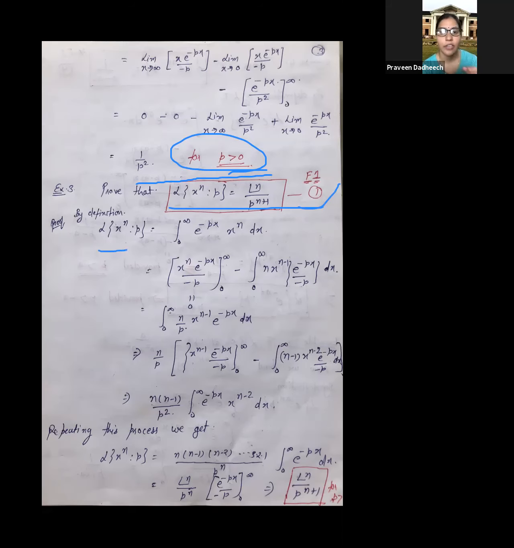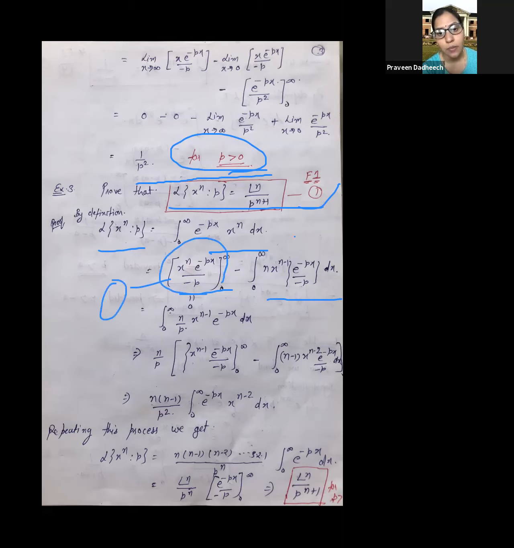Now using the basic definition, how can we write the Laplace transformation of f(x) = x to the power n? It is integral from 0 to infinity of e to the power minus px times x to the power n dx. Now integrating it again by parts. First of all, taking x to the power n, and then integrating one function and differentiating the other. Now this becomes 0, since at x equals infinity, x to the power n e to the power minus p infinity is 0. And at x equals 0, this term also becomes 0.